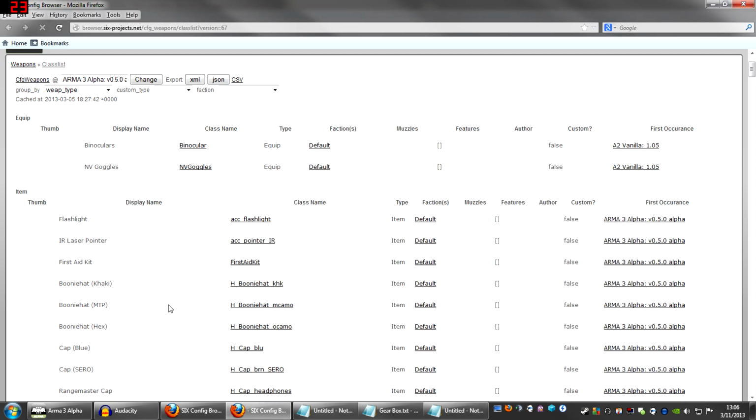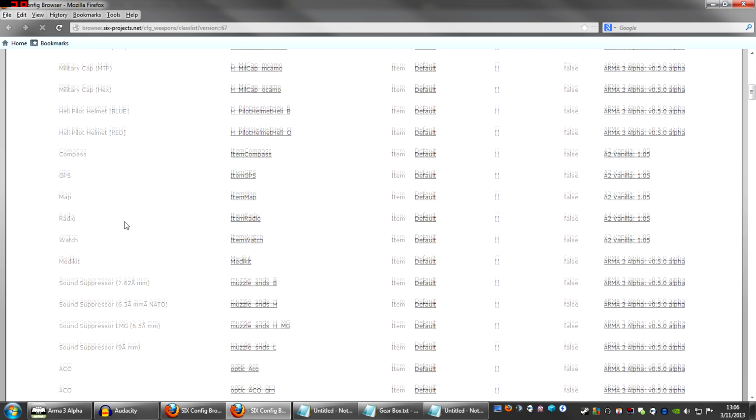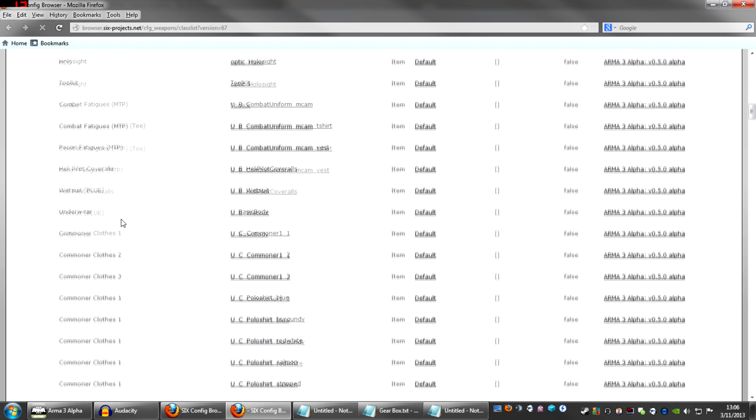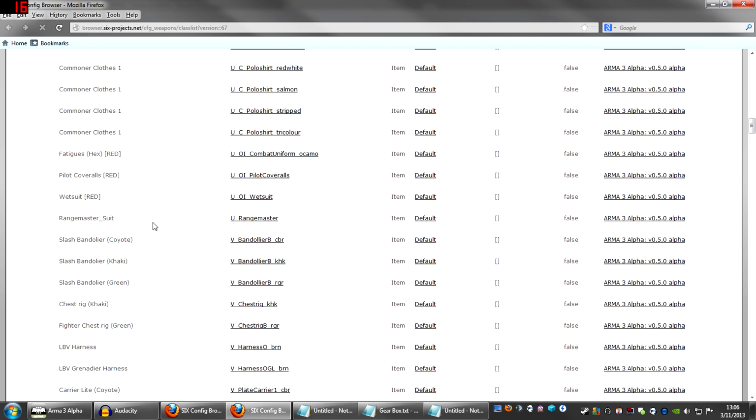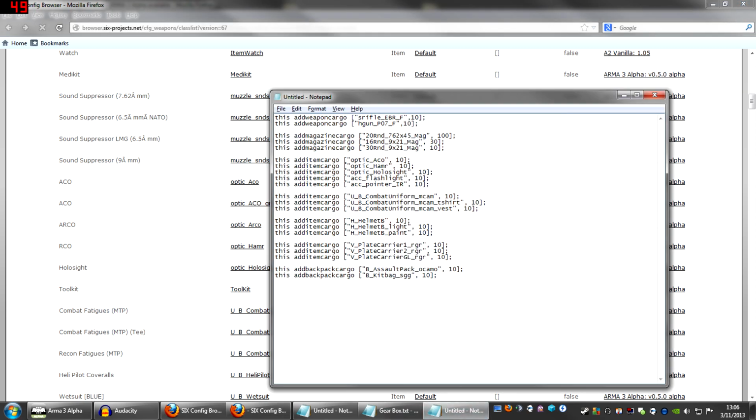Now we need to add our compass, GPS, map, radio, watch, medkit. Not medkit, we need first aid kits for most guys. Medkits are only used by the medics. But you'll be able to navigate the menu yourself. At this point, I'm not going to fill up the rest of this box, but I am going to show you what we have in here is going to look